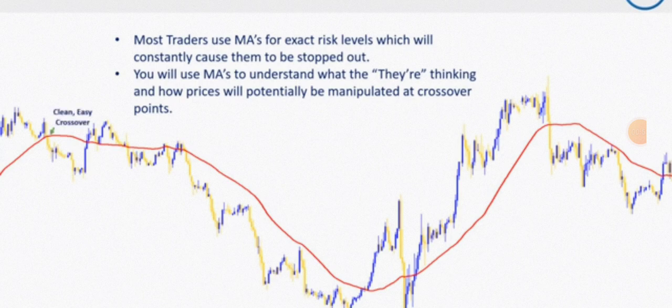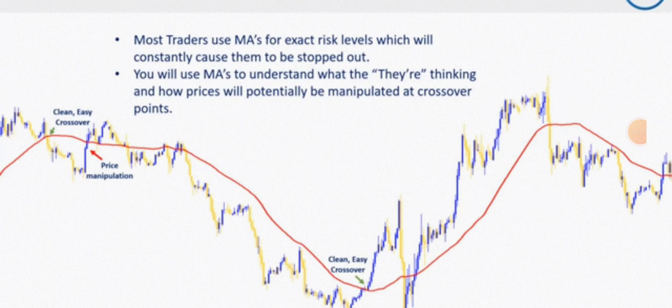You'll notice there's a lot of clean, easy crossovers like we have highlighted here, where traders will see that and they'll want to sell the market. But you'll notice if you backtest and you look back at any moving average setting, you'll see a lot of this. You'll see price manipulation happens right after that. Those traders that originally traded the crossover end up getting stopped out. And that's because that's a strong point that the market could be manipulated by the smarter players.